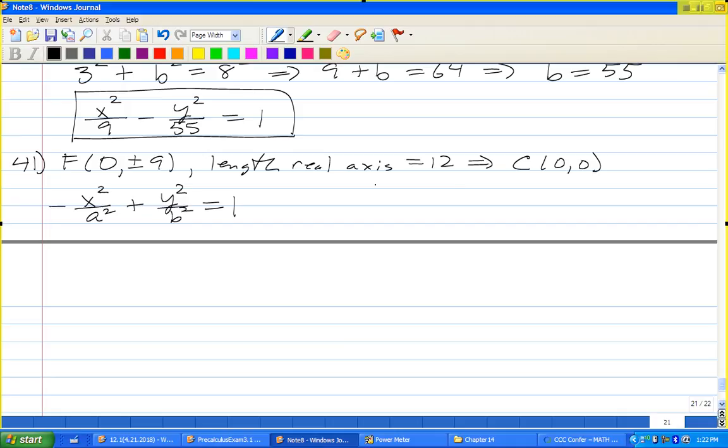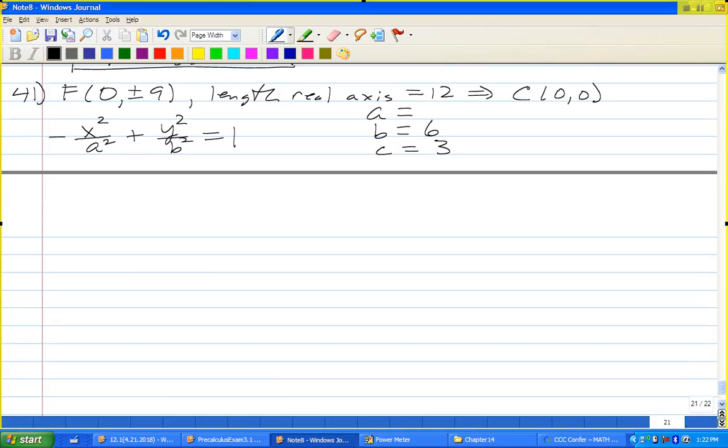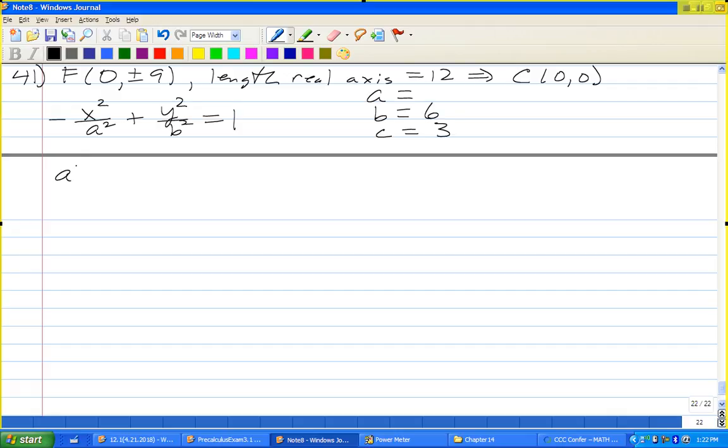I don't know what a is. I know c is 3. We're given the length of the real axis. Well, the real axis is along the y-axis. Therefore, 2b is 12, and so b must equal 6. I know that a squared plus b squared equals c squared. And so a squared plus 6 squared